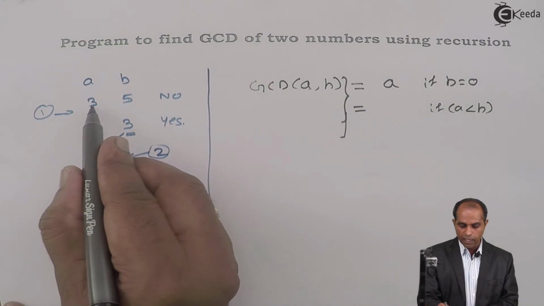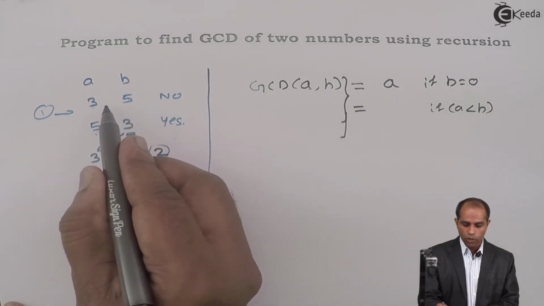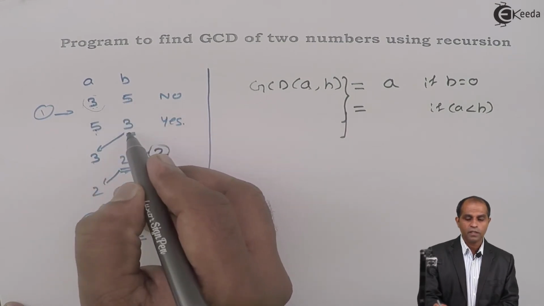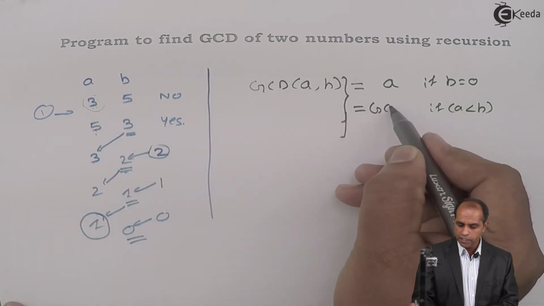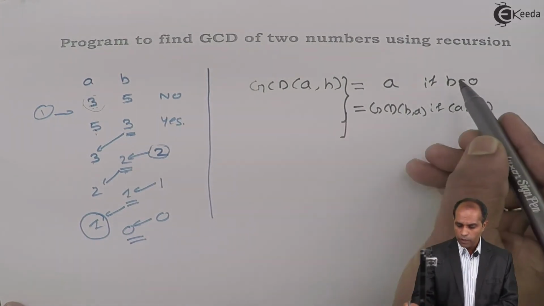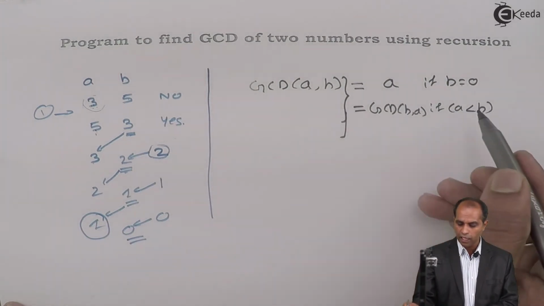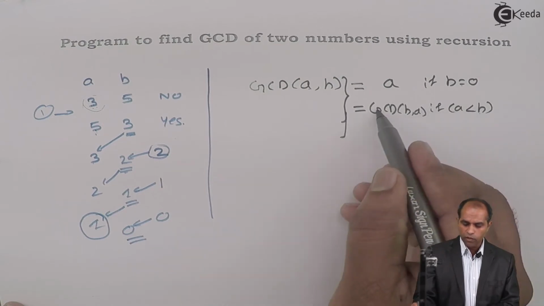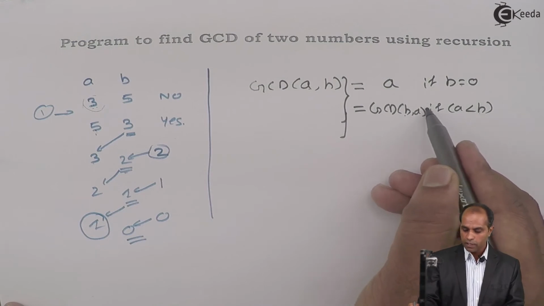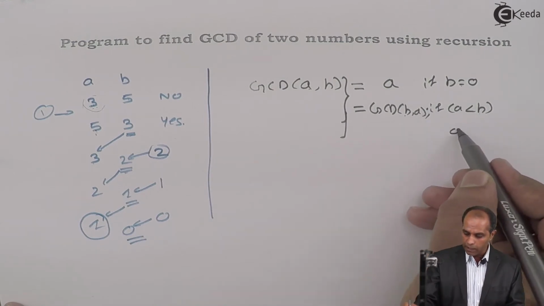If A is less than B, as it is in this case, then what did you do? You made the first argument the second argument and the second argument the first argument. You will say GCD of B comma A. So if B is 0, you will say the answer is A. If A is less than B, you will again call GCD, this time swapping the arguments. Otherwise,